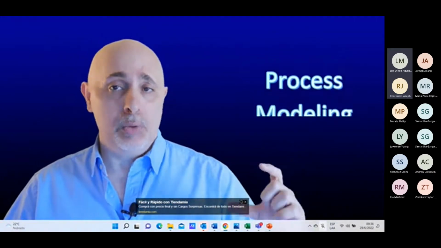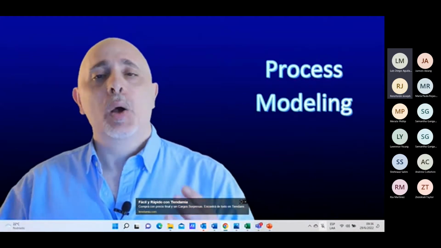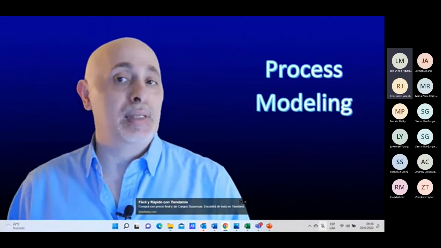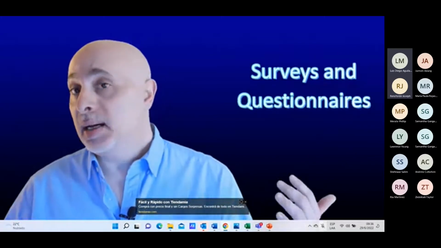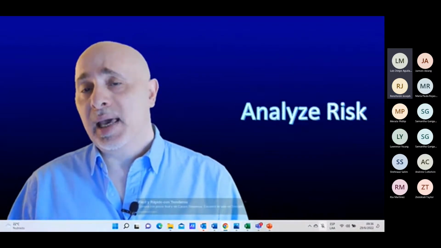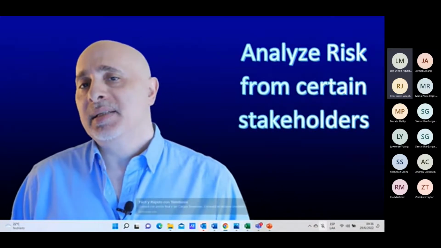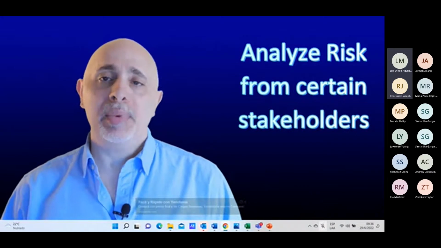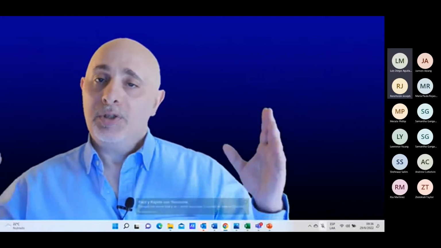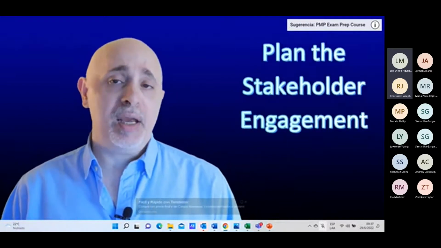You could use process modeling, the one we discussed previously, to identify the stakeholders. But in here, what you're trying to do is analyze why they are relevant in the process and where the system or solution supports the needs and wants that they have. You could use surveys and questionnaires to understand what different groups of stakeholders are looking for. And you could also analyze the risk that could come from specific stakeholders who may, for example, want to jeopardize this one project, or maybe their inability to participate could become problematic for you on this specific project. Now, once you've analyzed the stakeholders, the next thing that you want to do is plan for how you want to engage the stakeholders.